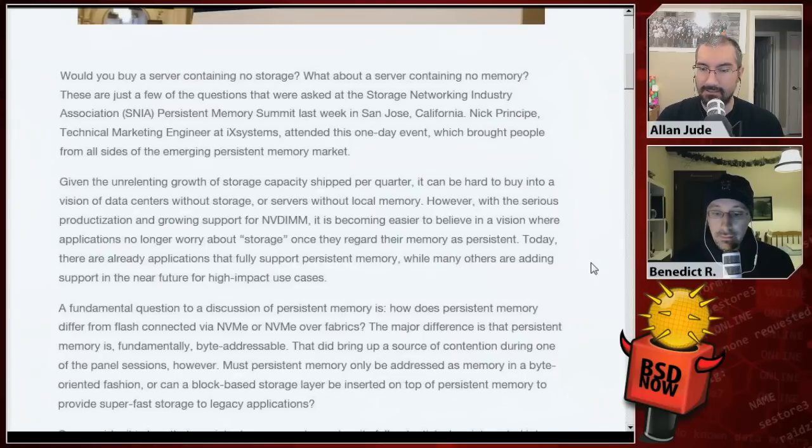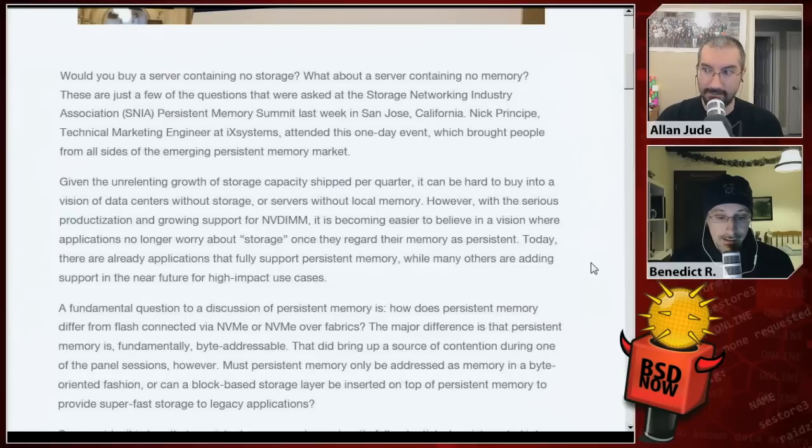They sent their technical marketing engineer to attend the one-day event and brought people from all sides of the market together. And they say, with emerging technologies like NVDIMMs and the fact that support for those is growing, you're basically soon going to have some or all of the DIMMs in your motherboard actually be able to retain data even through a power failure.